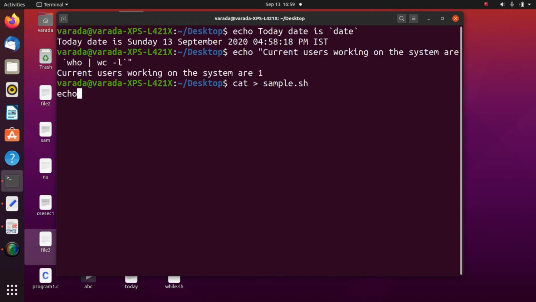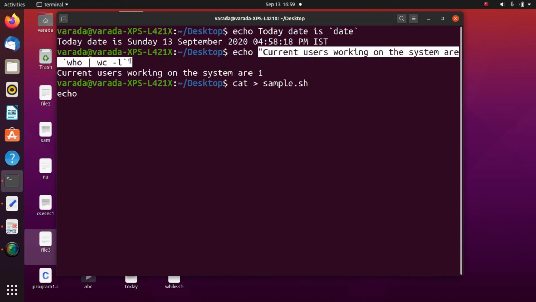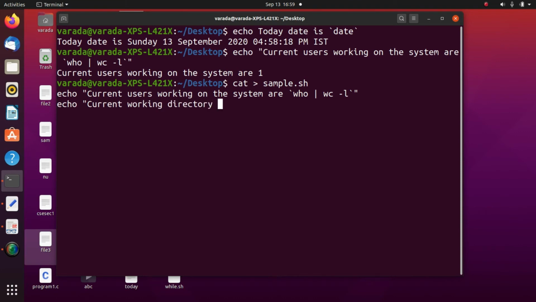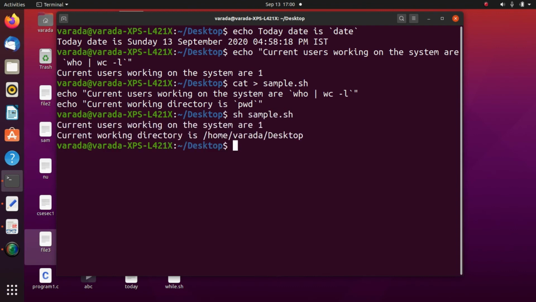In this I define echo with the same statement, which I am copying, and after that I print current working directory is, and in backquotes I give another command, pwd, present working directory, then Control D. Now I can execute sh sample.sh.